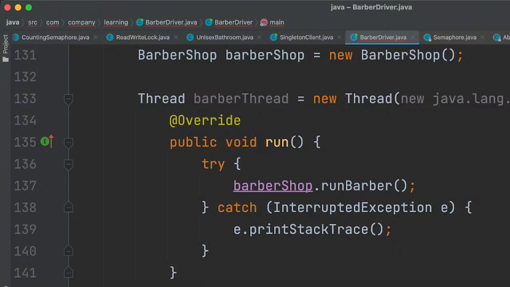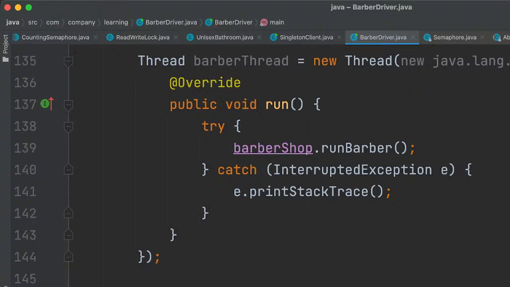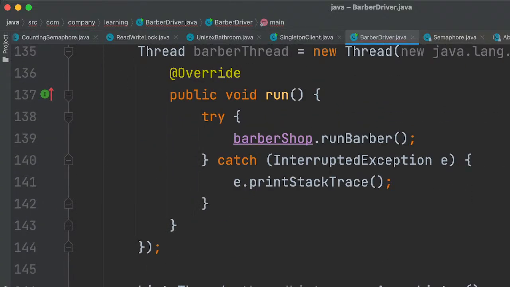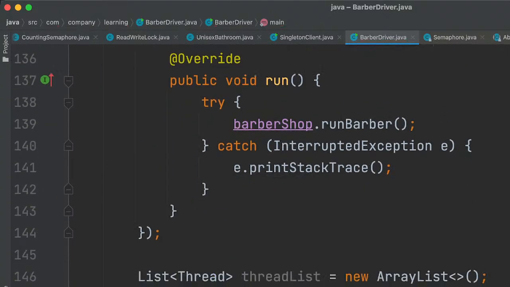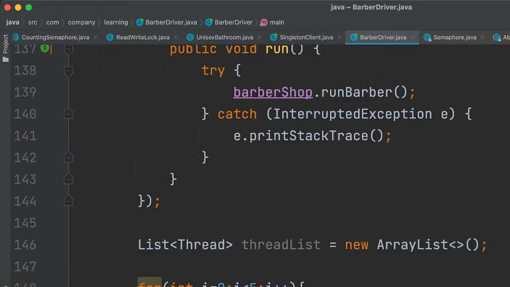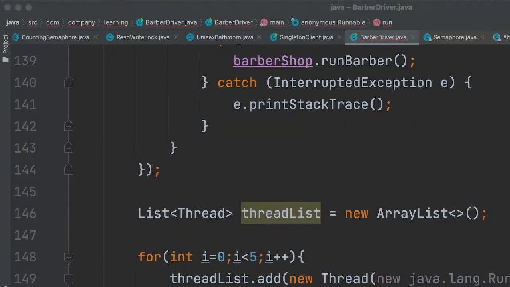Thread list, i less than, let's say 5, and we will be adding new Thread, new Runnable, and all will be executing the BarberShop function.